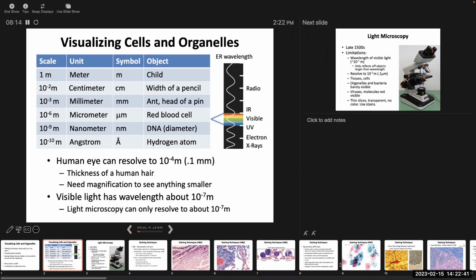So there are many different forms of energy that we call electromagnetic radiation. And the only differences between these different forms of electromagnetic radiation is the wavelength. So electromagnetic radiation refers to a form of energy that travels in a wave form. And what distinguishes one type of